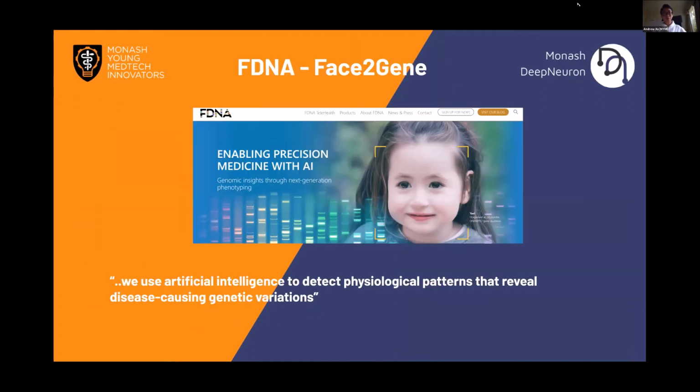Moving on, another really good example in a commercial sense is the creation of the application Face2Gene by FDNA. What they've done is that this model is able to detect an extremely vast array of genetic mutations just by looking at facial features of children. Some of these genetic mutations are incredibly rare and difficult to diagnose, and it may take up to decades for the family to arrive at a diagnosis, which would have been too late because much of the disease is associated with growth disorders. So it's extremely valuable to create these novel ways of detecting rare diseases.